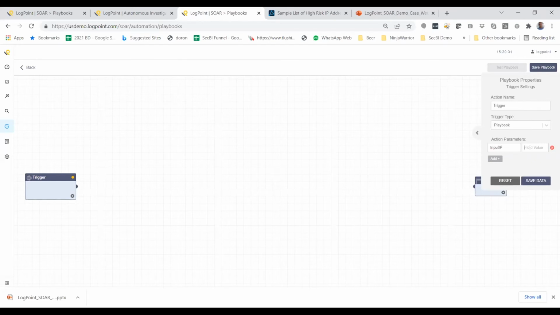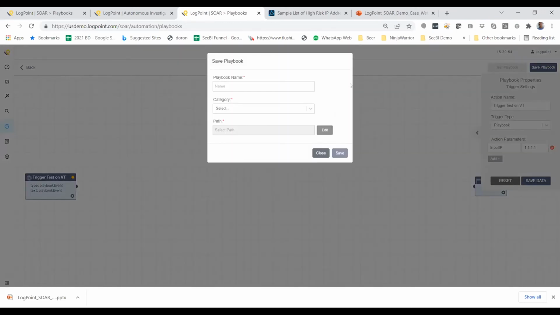I can give it a default. Let's say 1111, or I can leave it, and then the other playbook will have to send some kind of parameter to this sub playbook, and let's call it action trigger test on VT. Save data. So we're now saving our playbook. So this is webinar VT